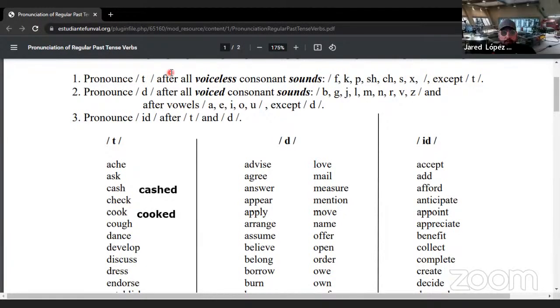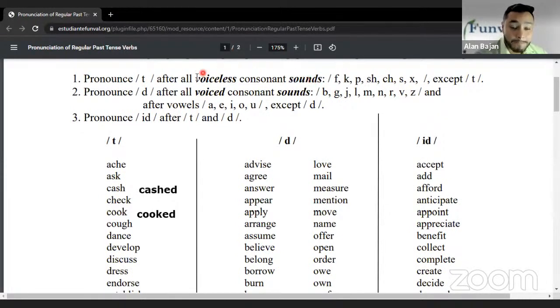Los verbos que en su forma original terminen con los sonidos que son voiceless, como el de la F, K, P, SH, CH, S, X, se pronuncian con T. No necesariamente el verbo tiene que terminar con la letra, es el sonido. Por ejemplo, cough. Repeat in your houses, cough. So, what of these sounds do you consider the verb has? F. Does everyone agree? F. So, in past tense,